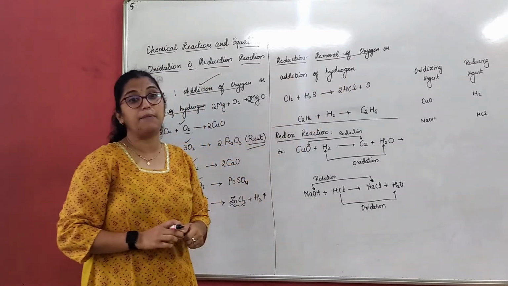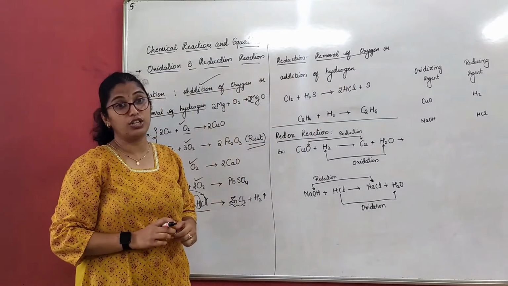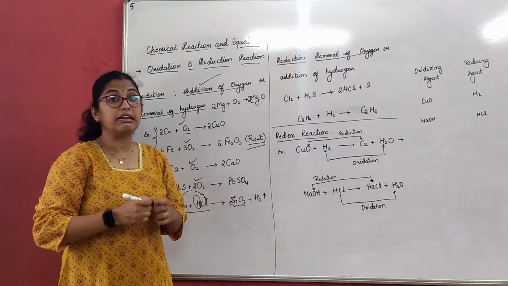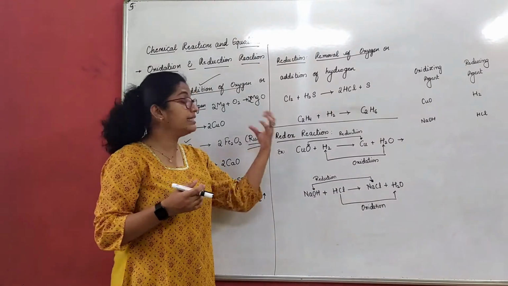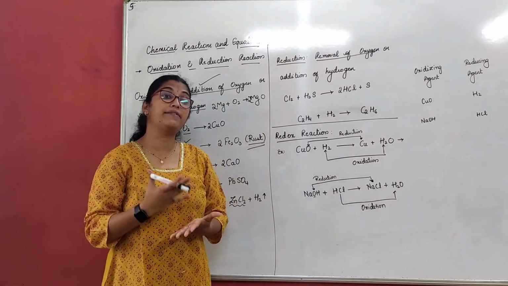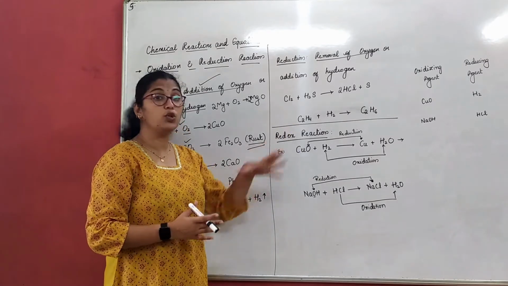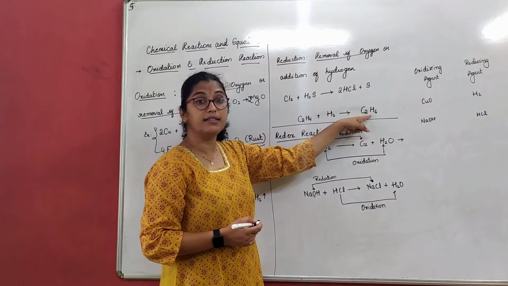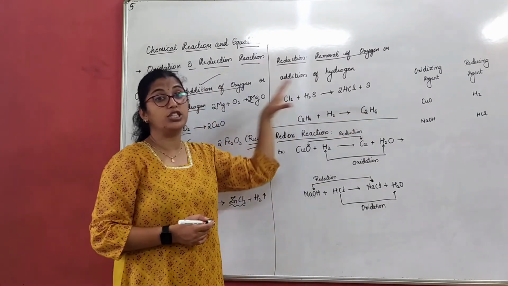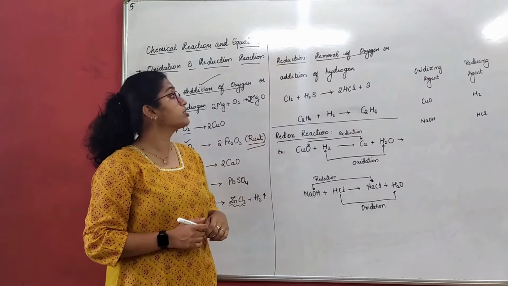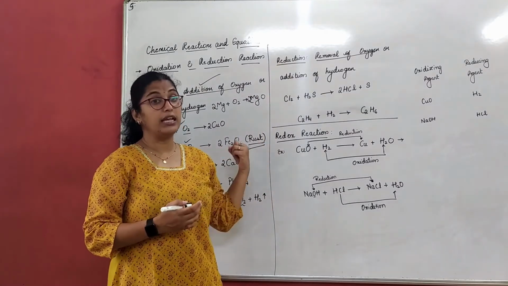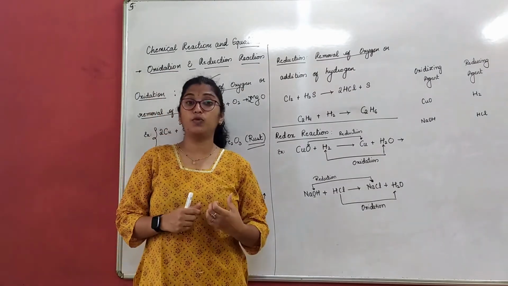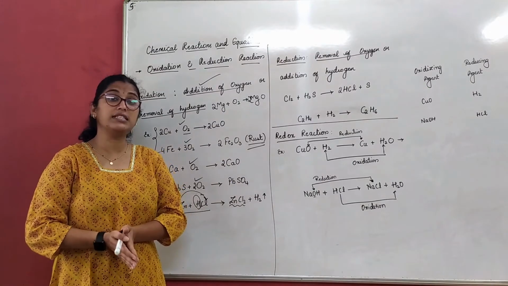Addition of hydrogen is happening here, which is called a reduction reaction. Look at the second one, C2H4 and C2H6. These are carbon compounds. I will not name them now because we have a chapter, carbon and its compounds. There you will understand this. So for this carbon compound I am adding hydrogen, I am getting this. That means we are adding hydrogen in the given reaction. That is why it is called a reduction. Either you can add hydrogen or you can remove oxygen. Now we understood what is oxidation and what is reduction.